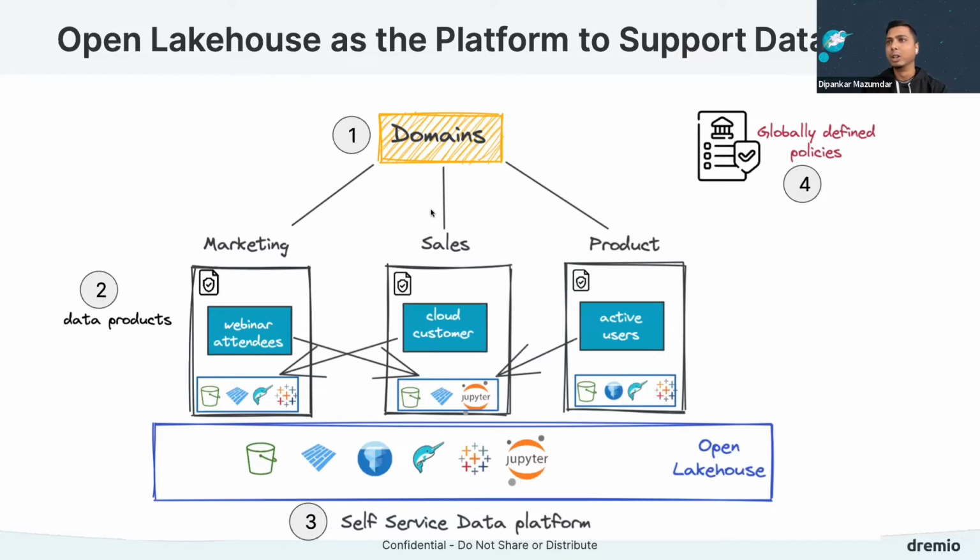So you have these three different domains here, like marketing, sales, and product. And the responsibility of now creating the data products is on these domains. These domains are responsible for creating these data products, but also for sharing them within different domains. Otherwise, what's the purpose, and how are we benefiting? It's already going to be duplication of efforts.